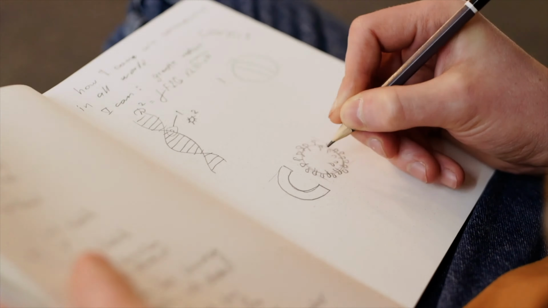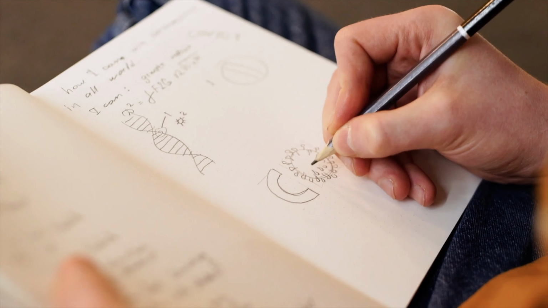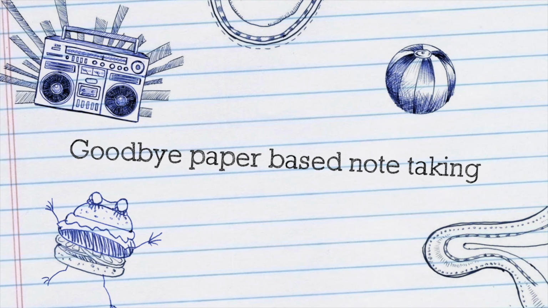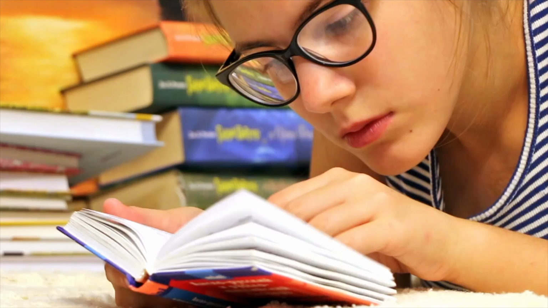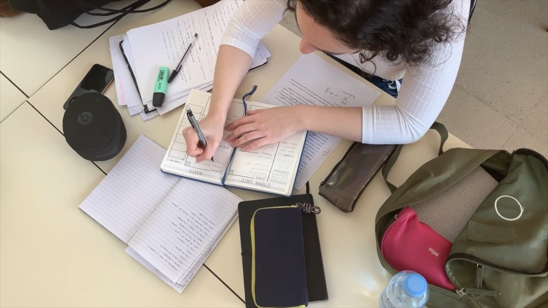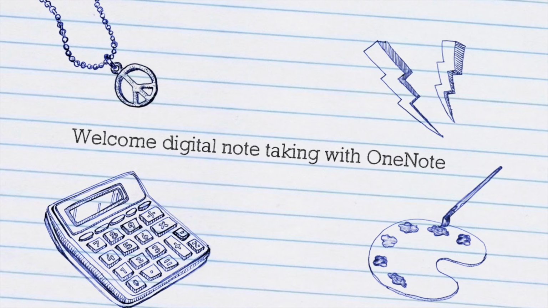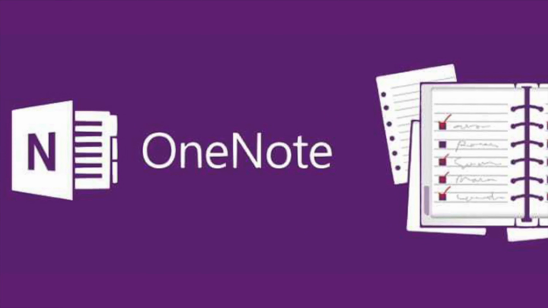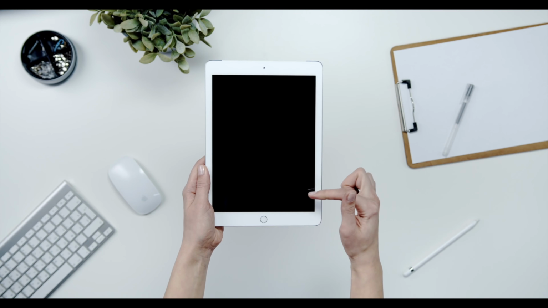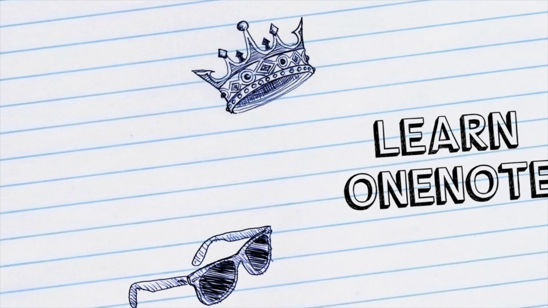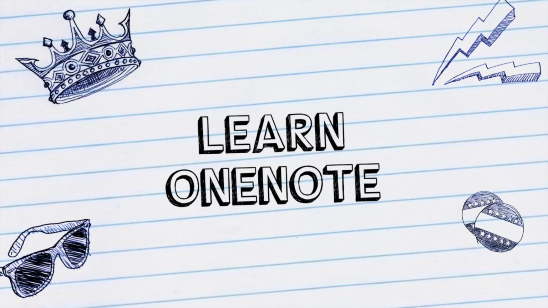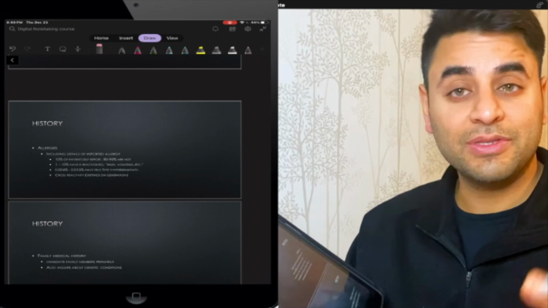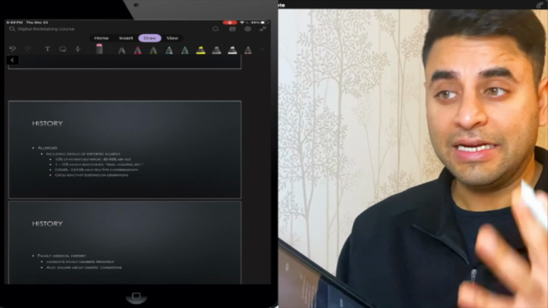If you are a student and still making notes using simple old school pen and paper, then this course is going to be a life changer for you. This one course is going to take you from old school paper-based note-taking towards digital note-taking using Microsoft OneNote. Using Microsoft OneNote, you can handwrite notes or type it up using your laptop. There are so many ways, but this is going to transform the way you learn things, the way you memorize,